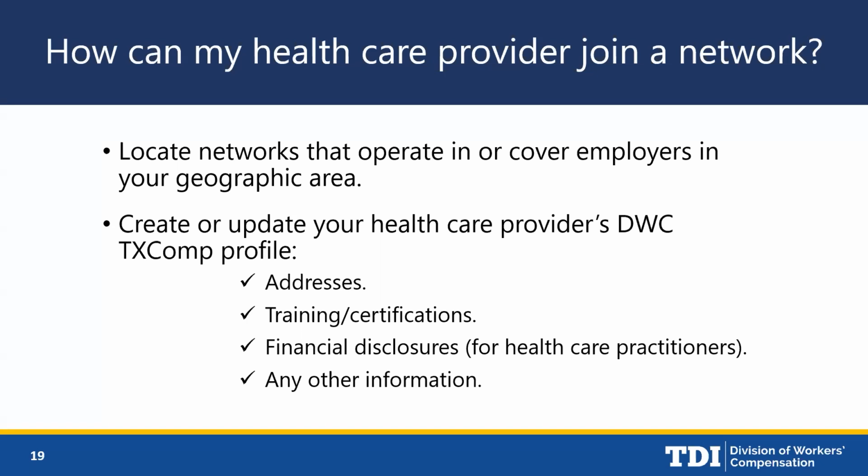Also, you can create a profile for yourself in our TexComp system. It's a database. Both facilities can create a profile. It's not required for facilities. What is required, if you're a healthcare practitioner, which is an individual healthcare provider, is that you need to maintain your profile, keep it up to date with addresses, your training and certifications, and any financial disclosures. That's where it becomes required. If you have any financial interest in any other healthcare provider, you need to report that in your TexComp profile